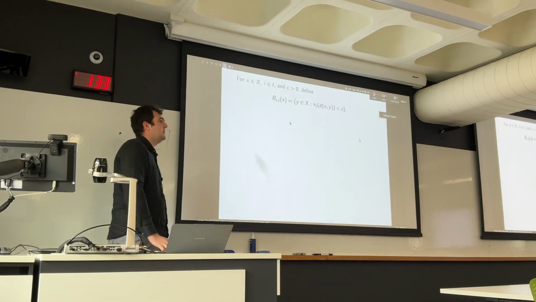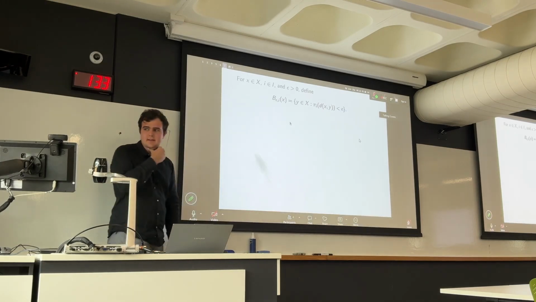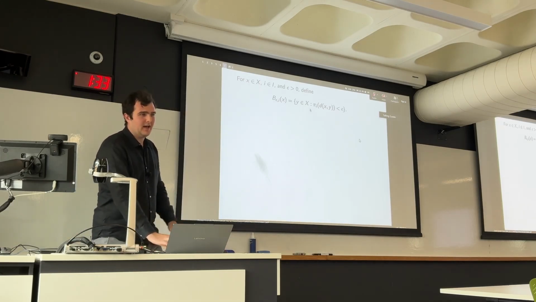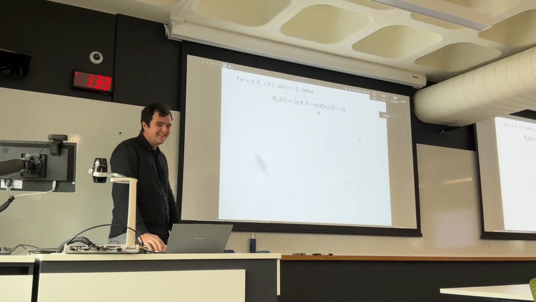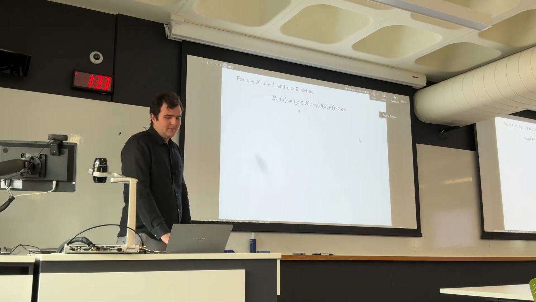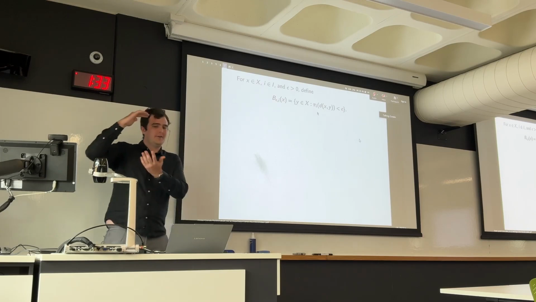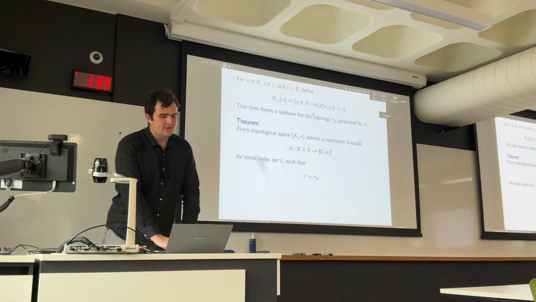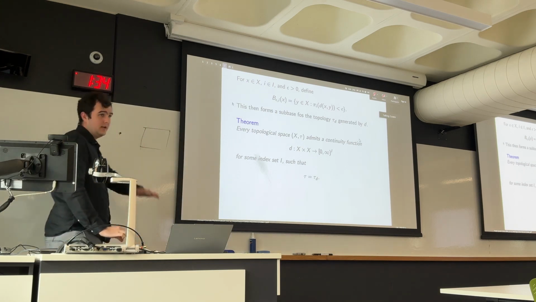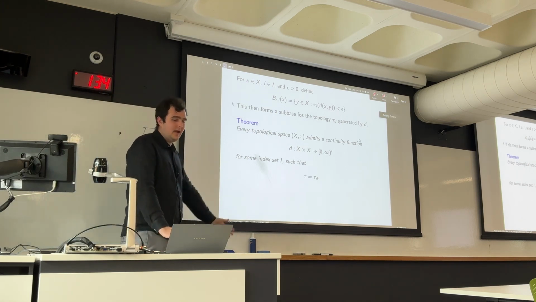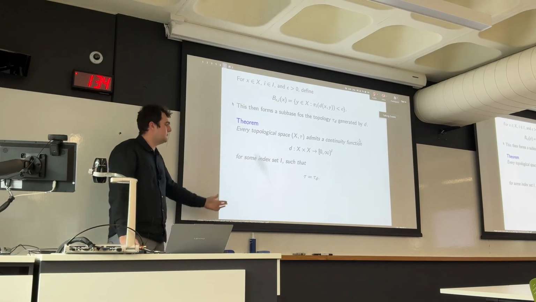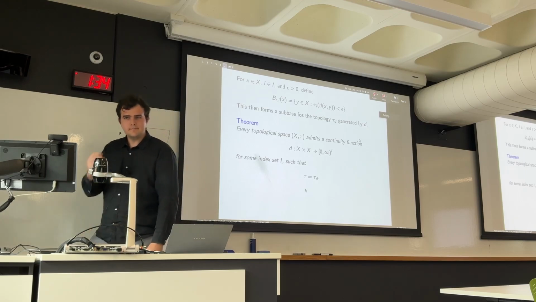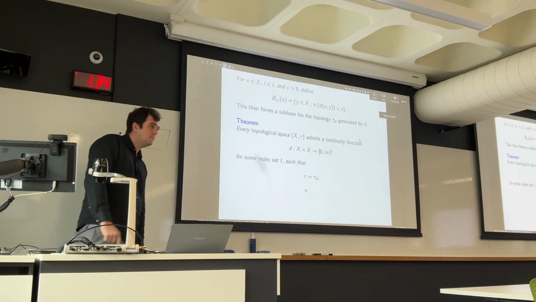Now, to generate the topologies from these things, it's not necessarily the nicest of things. You can tell because immediately we've got a π_i appearing. So it's your regular ball definition, but we only require that in the ith component of the codomain, you be less than epsilon. And then all these ones form a subbase for the topology. And then we have that every topological space admits a continuity function that generates the topology. This is just rewriting the theorem.